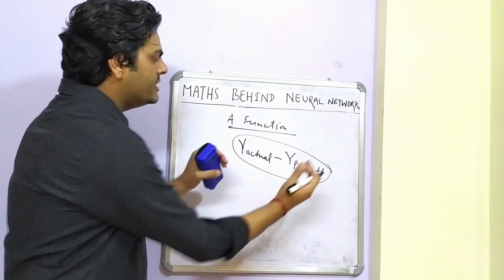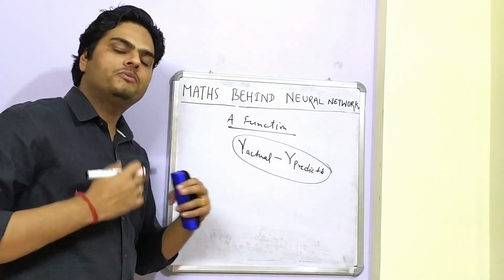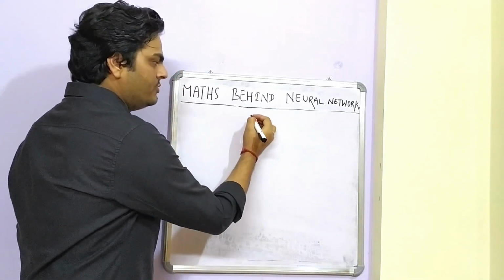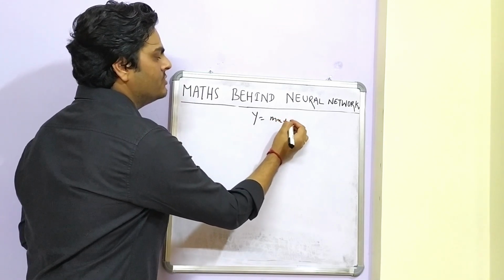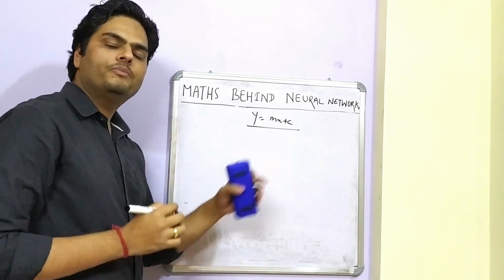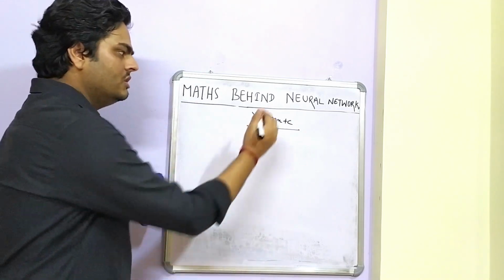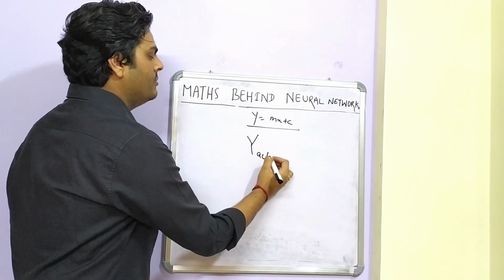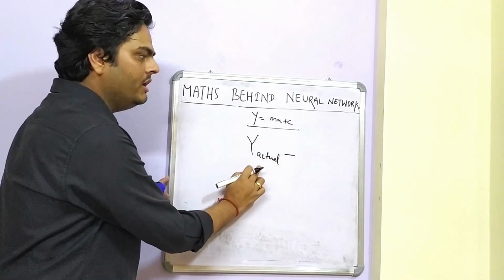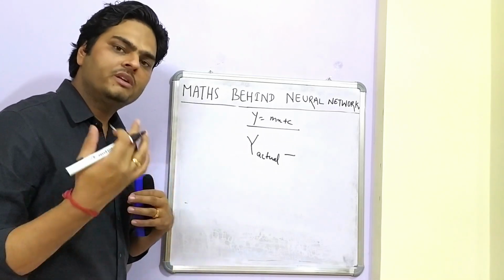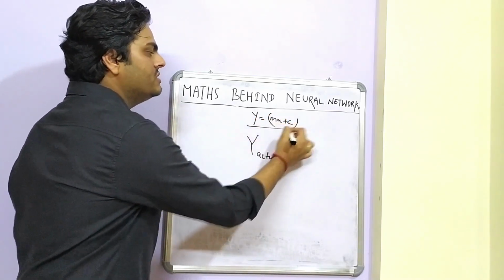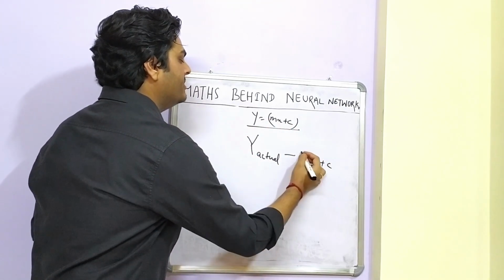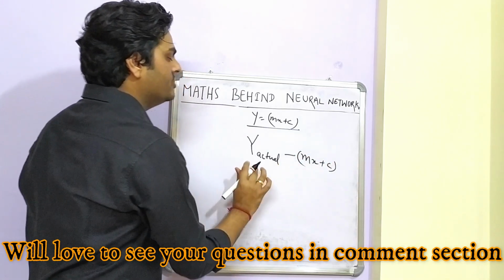Now, if we put this in the form of a function, how can we write that function? In the simplest form, y = mx + c is the equation of a straight line. Let us consider that as the model in linear regression. So the cost function will look like: y actual minus the predicted value. Where will the predicted value come from? This is the model, so the predicted value is mx + c. So it is y actual minus (mx + c). This is your difference.